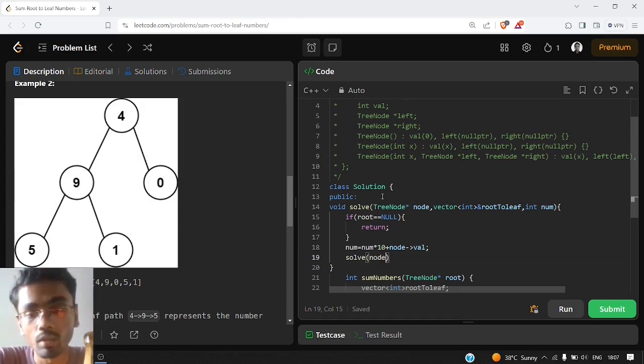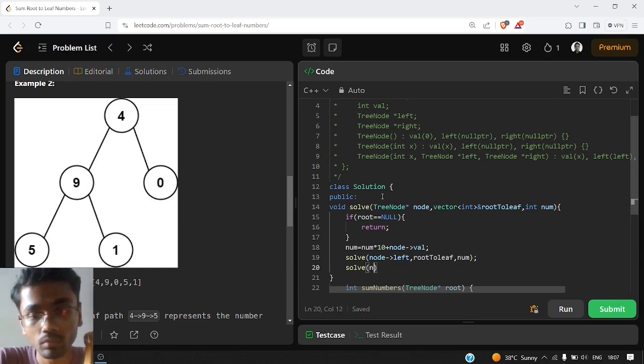So we will go to the left and right in both directions until we reach a leaf node. We will go to left and pass the num, and we will also go to right and pass the num variable.